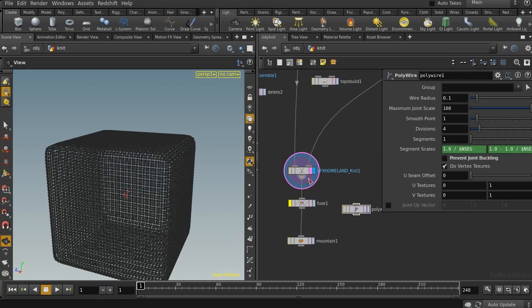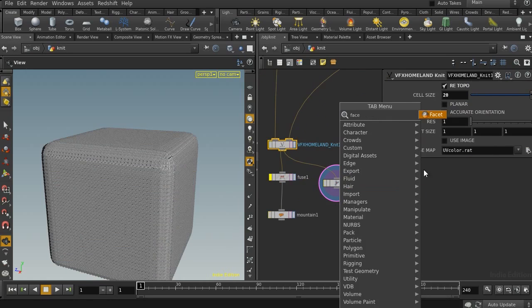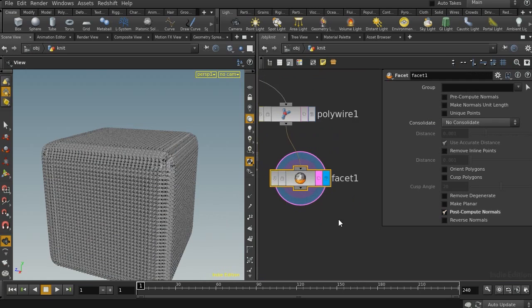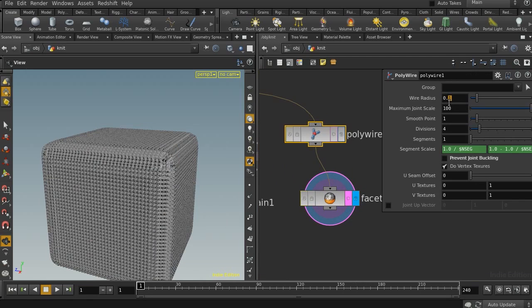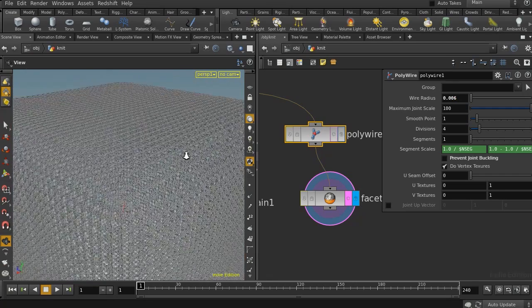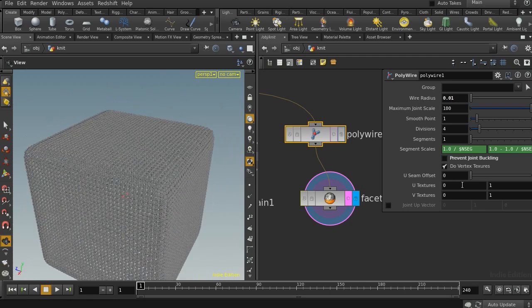Okay, and let's see the result, and also let's connect a facet node to correct the normal of the faces, and let's decrease the wire radius, for example to 0.002 maybe. It's too small, so let's increase it to 0.006. That's good, or maybe 0.01 is good. Okay, that's good, and let's enable the